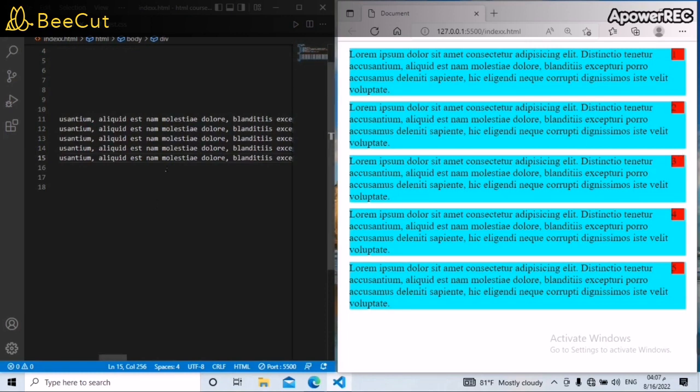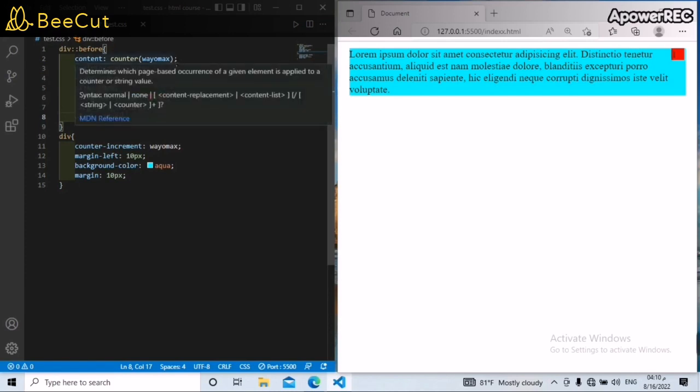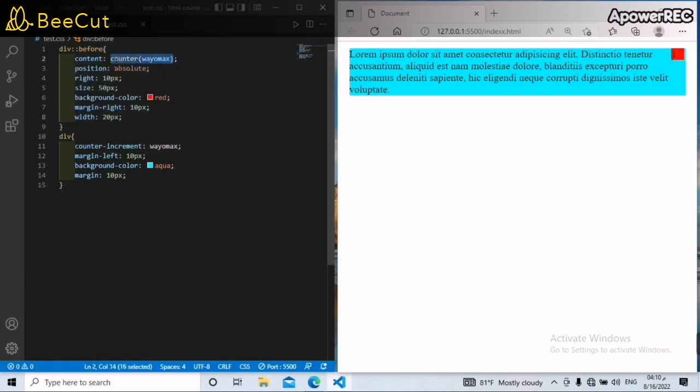And this is the purpose of the counter in the content. So we have another value which is called URL. Let's delete this one and let's write the URL. Enter. When you have any file on your computer and you want to show it on the website,